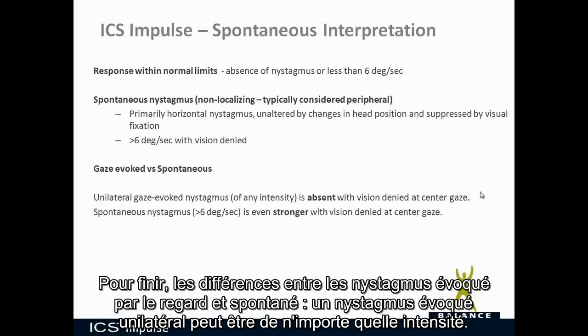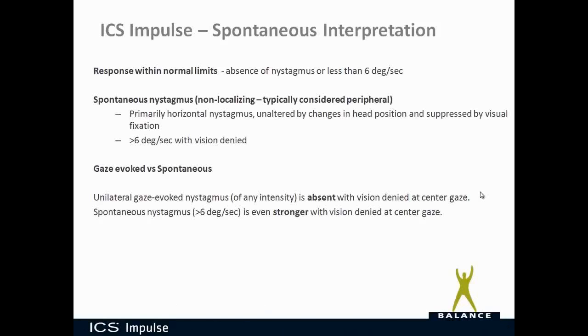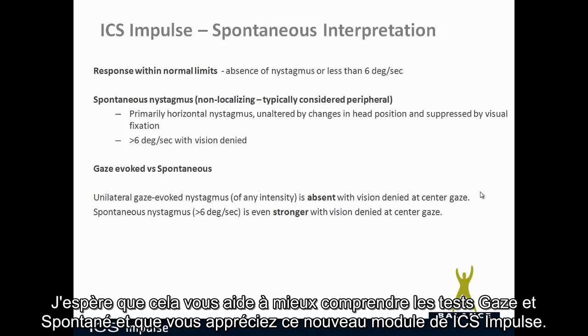So quickly, the difference between gaze evoked versus spontaneous: unilateral gaze evoked nystagmus can be any intensity, any amount of nystagmus is considered abnormal, and it is absent with vision denied at center gaze. Spontaneous nystagmus greater than 6 degrees per second is even stronger with vision denied at center gaze. So hopefully that helps you understand gaze and spontaneous tests, and I hope you enjoy the new module in